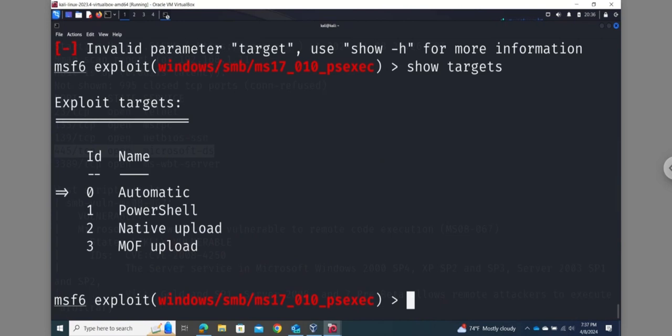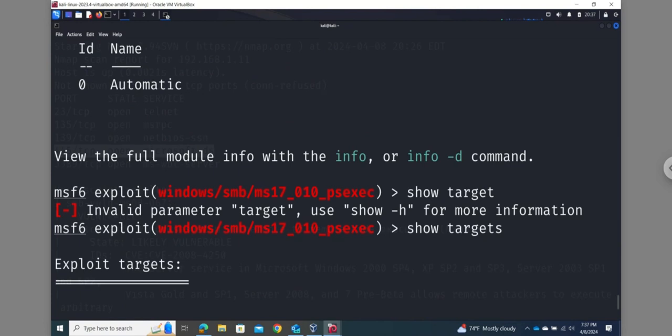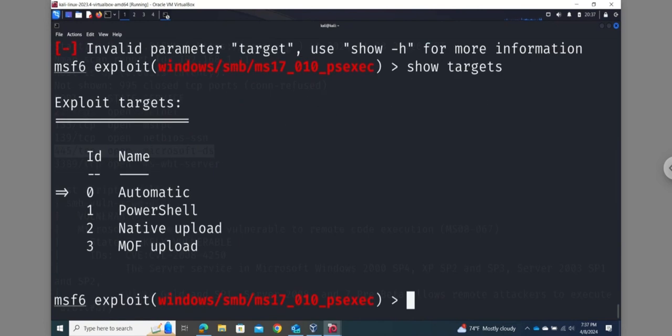In this targets option, you can select the automatic or PowerShell or native upload or MOF upload. So different options will be there, but we'll go with the default, the automatic one. Then we'll try to run this or try to exploit this